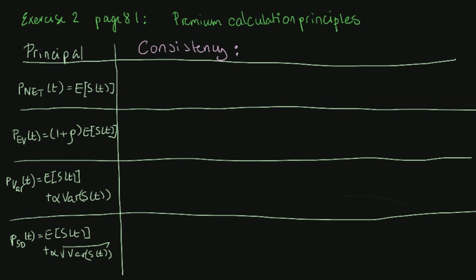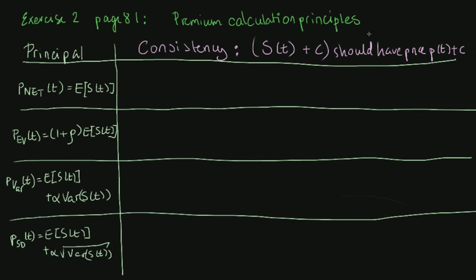Well, it says that if we consider a claim that has this size, so if we take the total claim size and add a constant, then this claim should have the price P of S(t) plus c. So adding a constant to the total claim size should cost the same as just adding the price c to the premium of